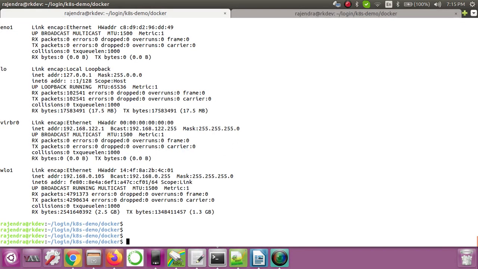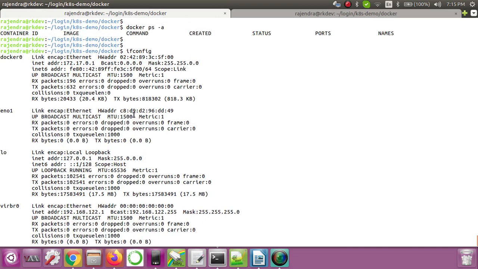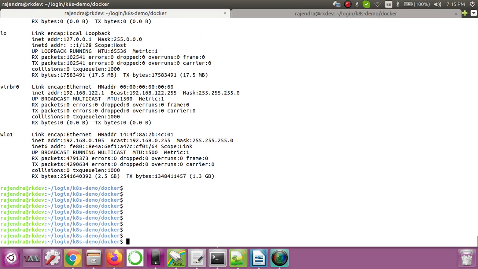So what we have seen is the default bridge that got created. Now let's see more about the network. If I do docker, we know how to list all the networks.